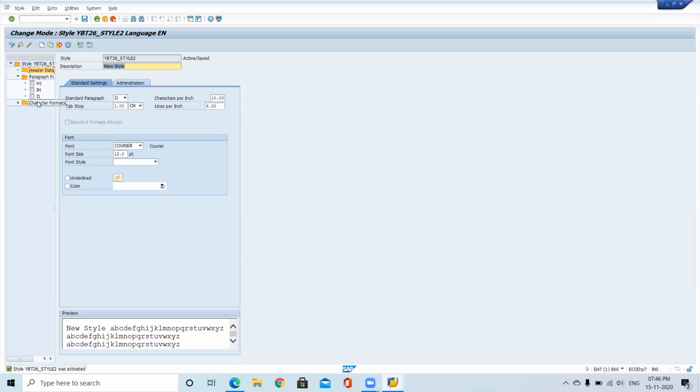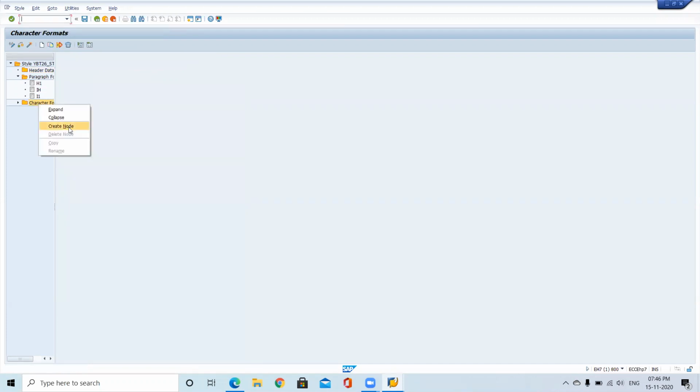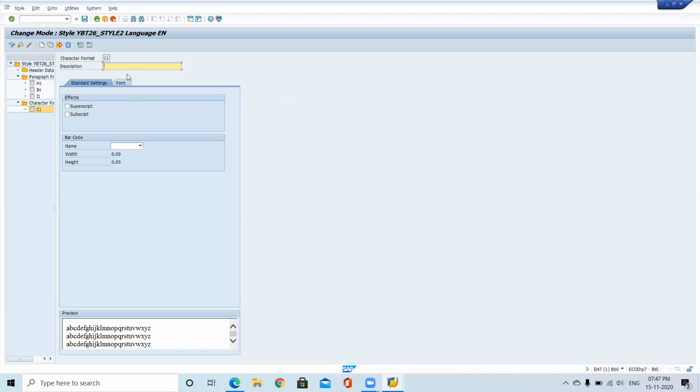So in the same way, character formats. What is the use of character format? For barcodes, we can use character formats. Last time we tried one barcode. Here you can specify the barcode format. Who will give this barcode format? Client only, they will tell which barcode format they are expecting. So directly you can use that barcode format. It's like EAN8 or something. Okay, just activate. So likewise we will create styles.